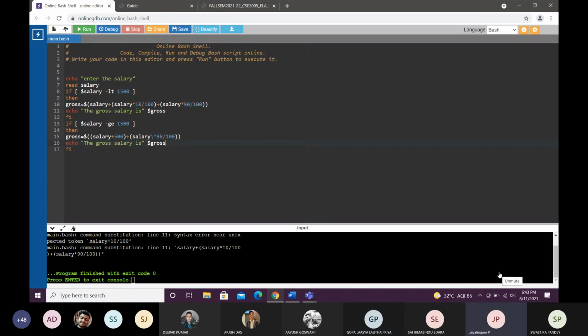So try using backslash and the multiplication symbol with expr and see whether it works or not. Okay, sir.